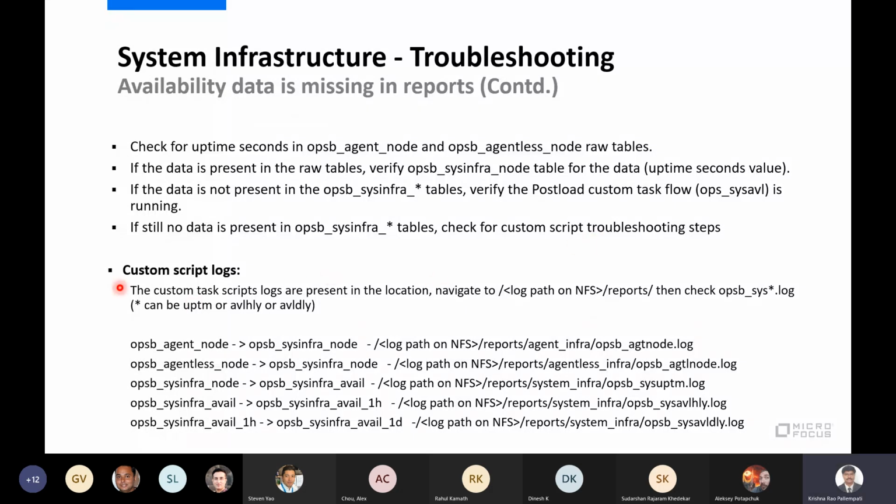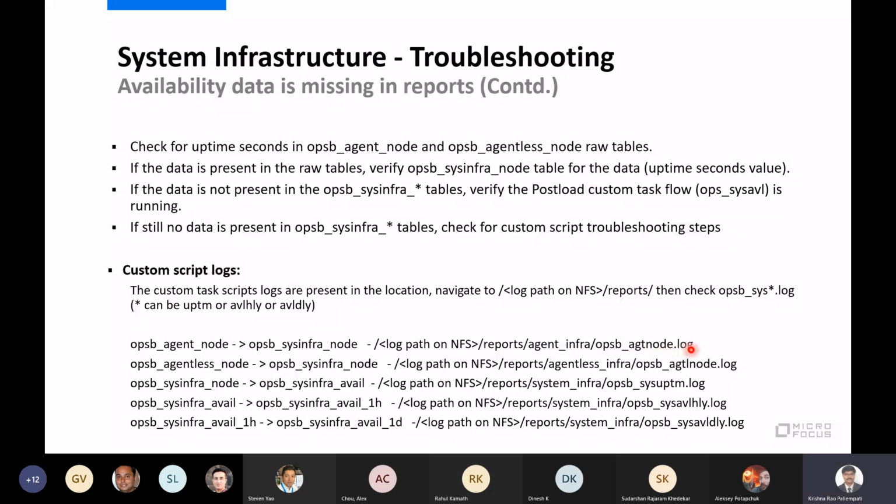Again, on where to look into these custom scripts. For each agent and agentless, we have created a separate log. These logs are on NFS, and this is the log path, under reports, and we have agent infra.